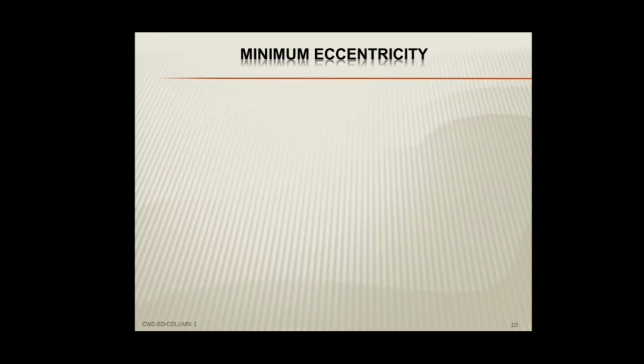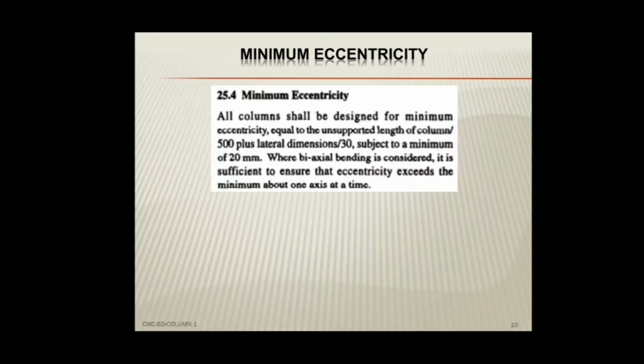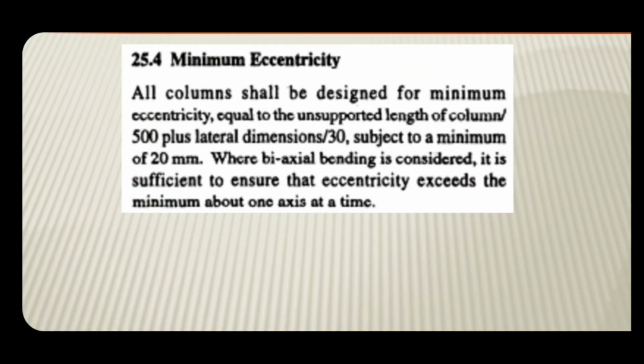Sometimes eccentricities which are not arising out of structural analysis calculations act on the column due to various reasons such as accidental lateral loads, errors in construction, underestimation of slenderness effect, etc. For this reason, the code suggests every column to be designed for a minimum eccentricity which is equal to the unsupported length of the column divided by 500 plus lateral dimension divided by 30, and subjected to a minimum of 20